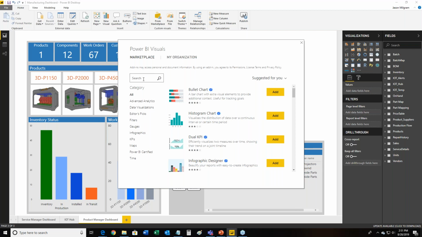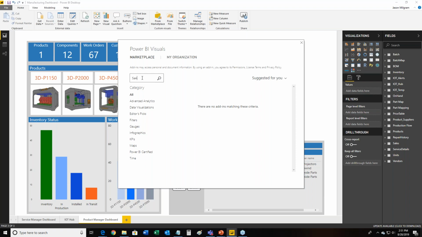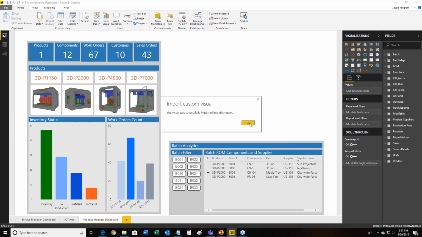So let's see. Some Sankey, which we actually saw in some of the other ones. I'm going to go ahead and add it. It's now added to my visualizations.